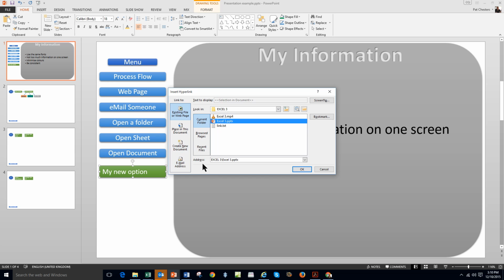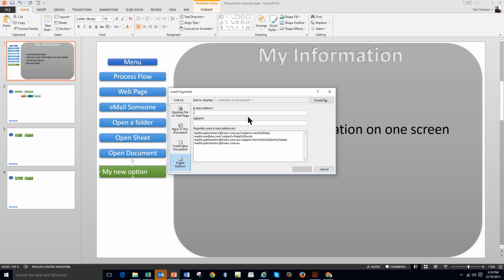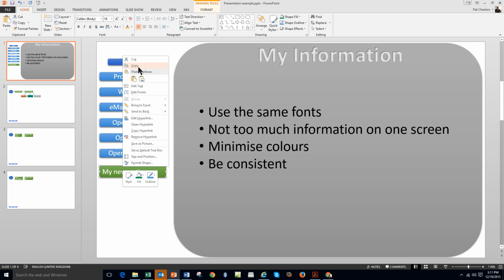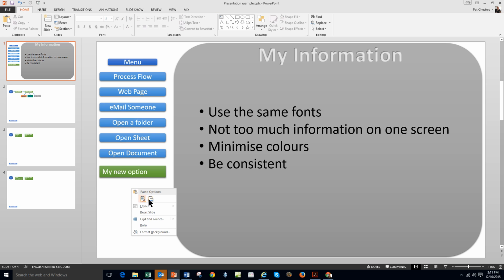So in this case we're going to go for an email, and I'm going to email Pat at times.com.au, and the subject is daily email. And that's set that now, that button is set. If I want to make lots of them, then I right click, copy, right click in the white, paste,